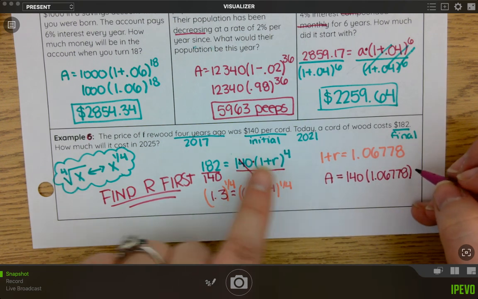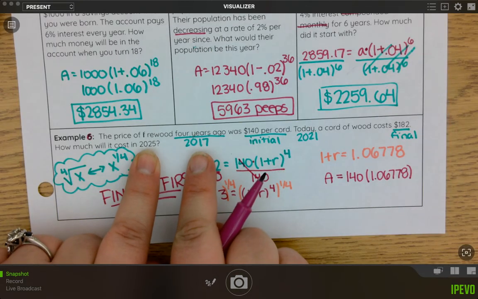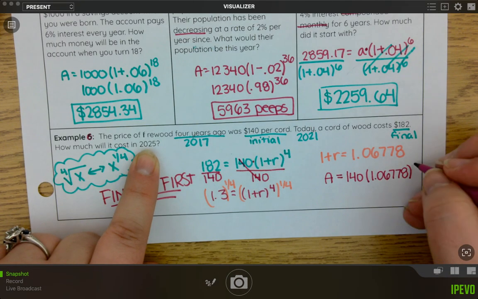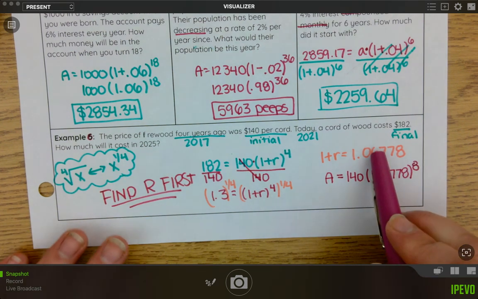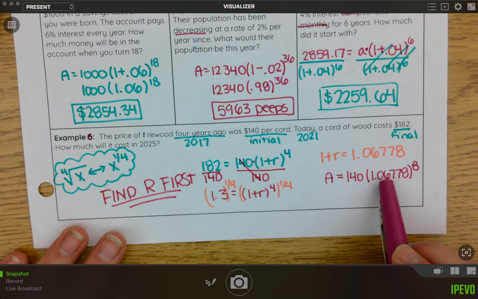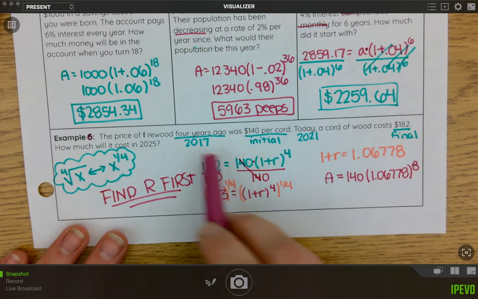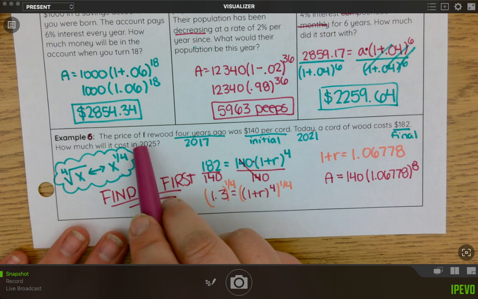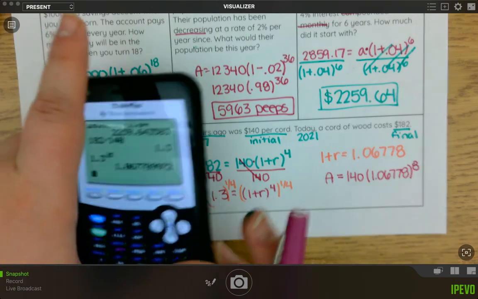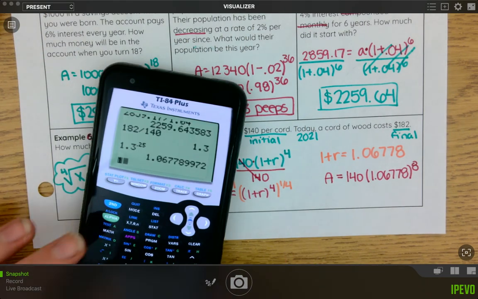The power of 2017 to 2025 is 8 years. Once again, this goes in the parentheses, so now I have a complete problem. 2017 is where it started, 2025 is where it's ending. That's 8 years. 140,